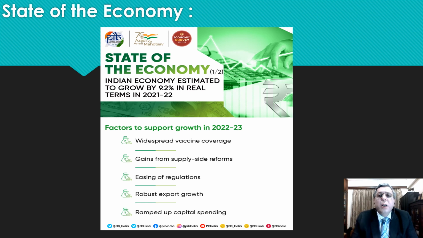And ramped up capital spending. The government has ramped up its capital spending on a multifold basis, where a few years back we would spend 2.5 lakh crores every year on capital spending in the central government budget. This year we are looking at about 7.5 lakh crores. So we've gone up nearly 3x over the last few years. That is giving a huge multiplier effect, and this capital spending is going into infrastructure creation, which in turn creates its own multiplier and its own economic benefits for the economy.